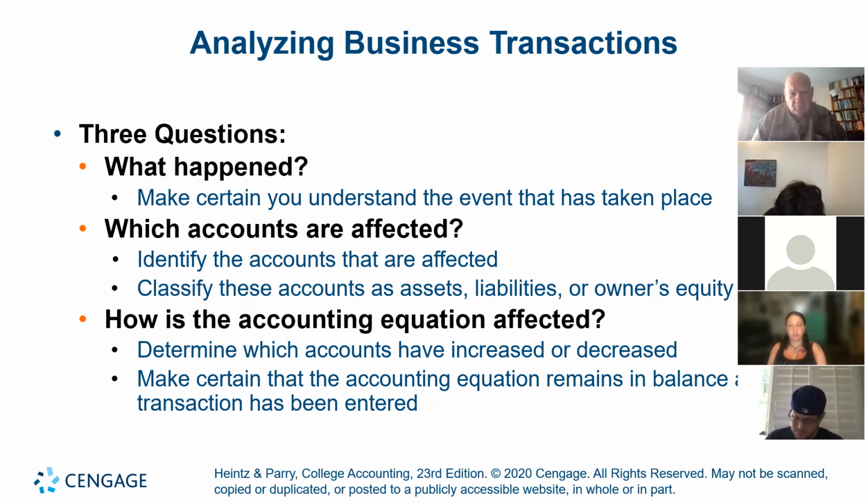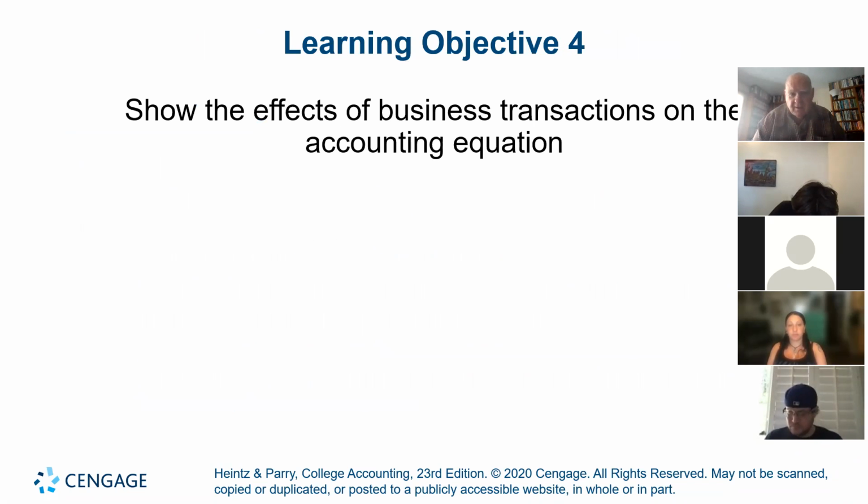If we did that, what accounts are affected? Well, he's going to pay us later, so there's no cash. So I know accounts receivable is affected. And since it's a sale, it's going to be part of our revenue. So you determine what accounts are affected, which ones went up or down,